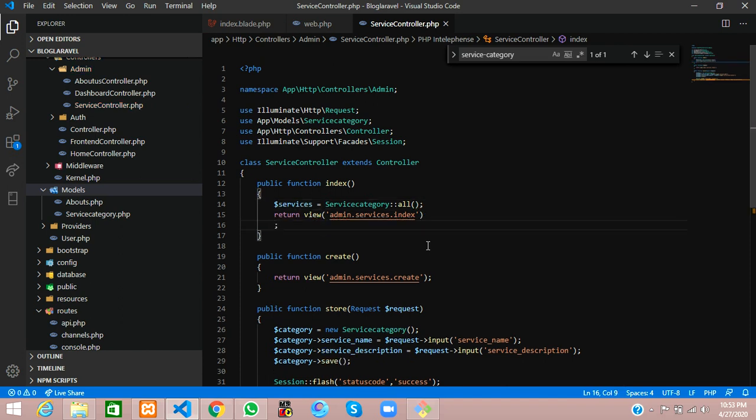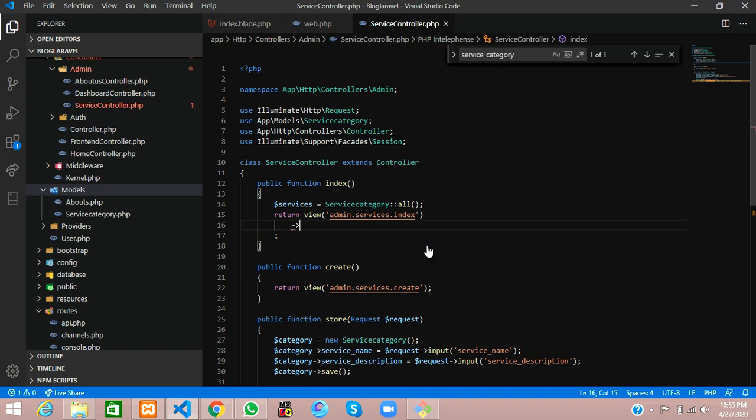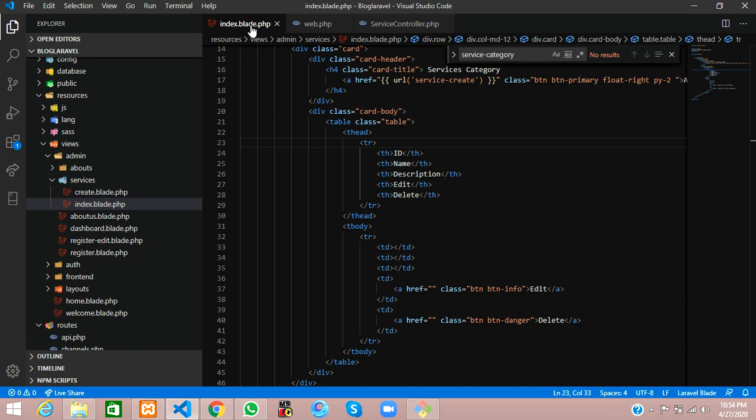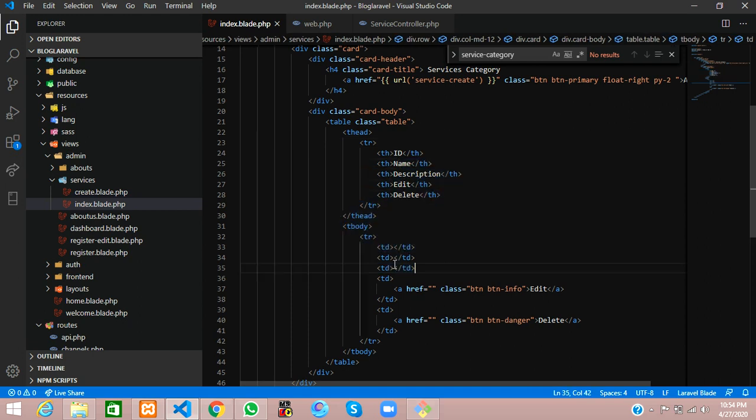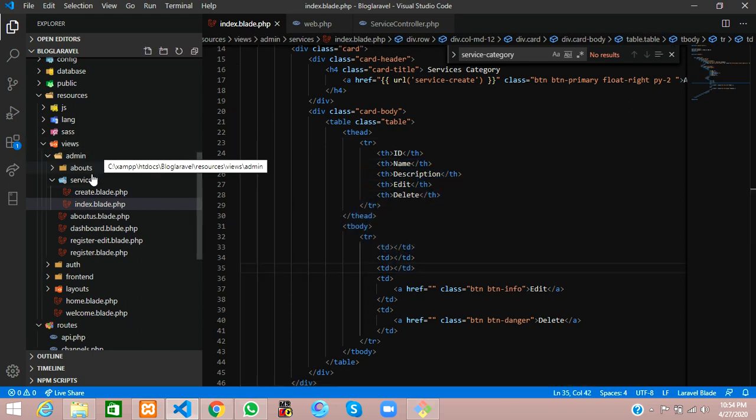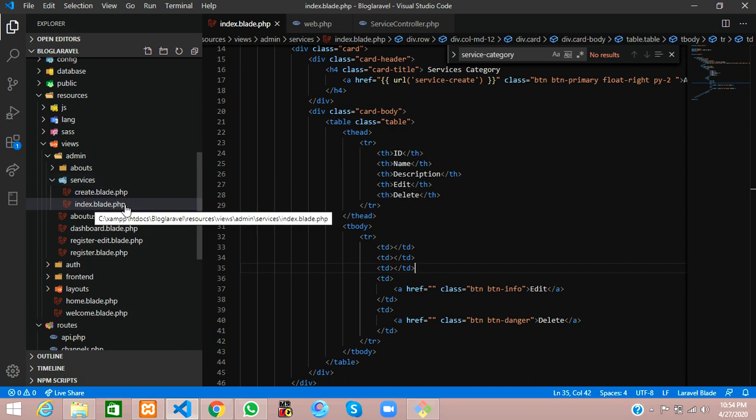Then we use with, copy this services and paste it in single quotes, give a comma, and paste that services again with the dollar as a variable. This will be passed to the page, admin folder, services folder, index page, which we have done right now.